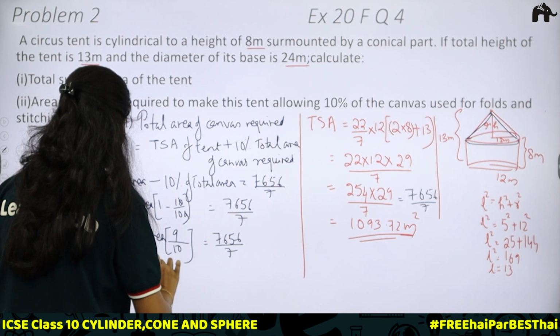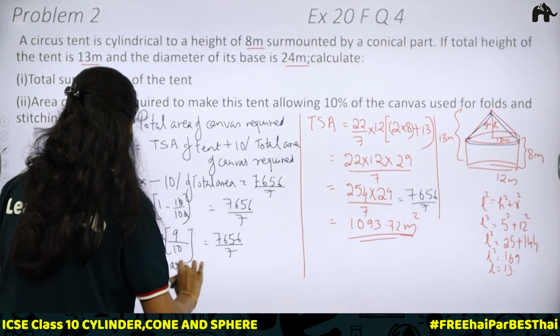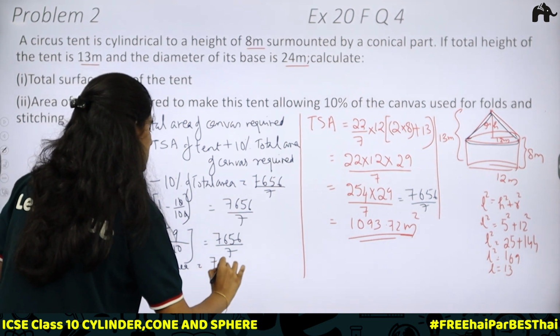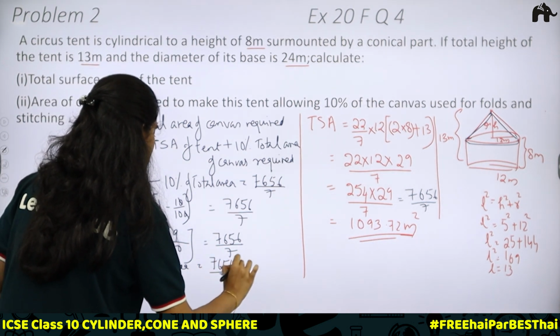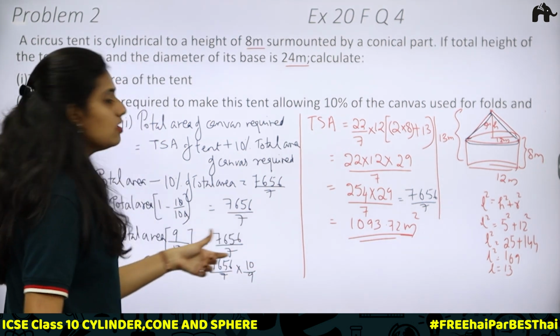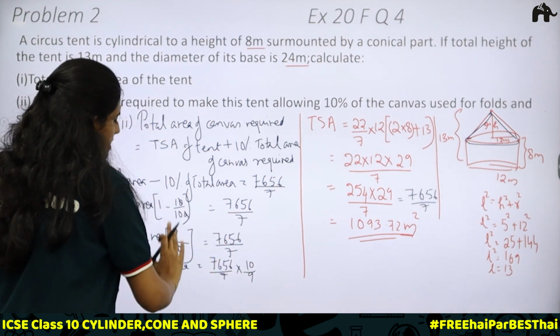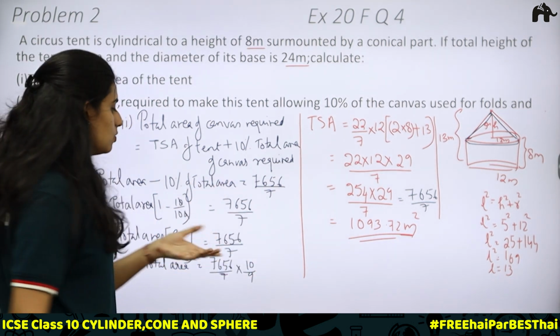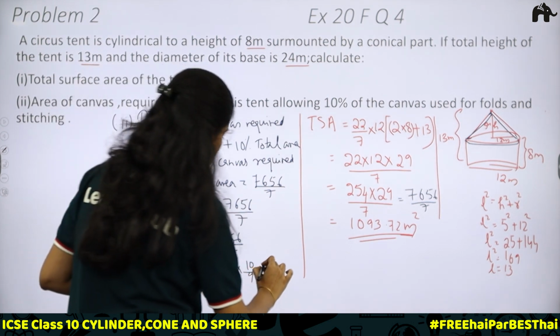Therefore, the total area is equal to 7656 divided by 7 into 10 divided by 9. That is taking the reciprocal for calculation. When it is taken from the left hand side to right hand side, you need to take the reciprocal of this. So what is the final answer? When you do the calculation, you will be getting